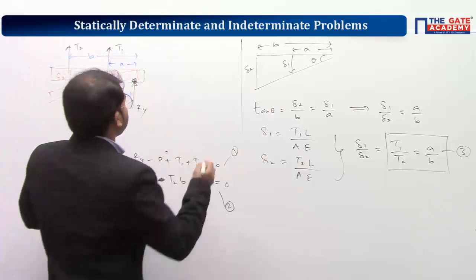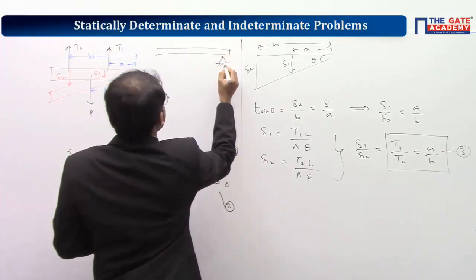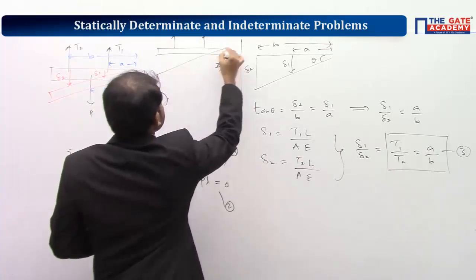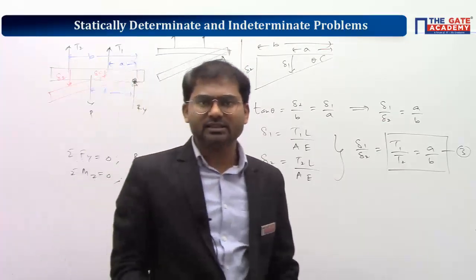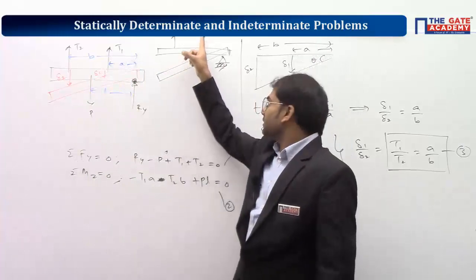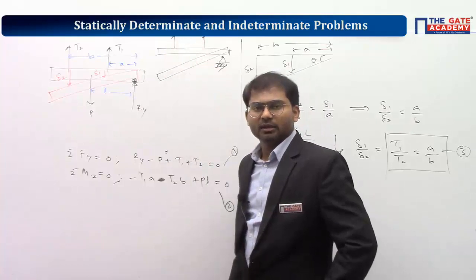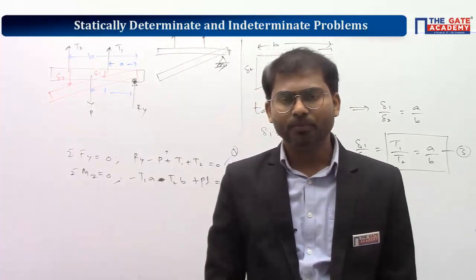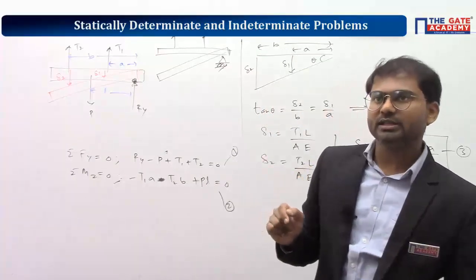So because the setup is like this, the bar is kept like this, and here there is a hinge like this one, and two strings are there. Whatever happens, the member will undergo tilting like that only, because we say the bar is rigid and the strings are extensible. So this is the only way in which it can tilt. That gives rise to different values of elongations, delta 1 and delta 2. Okay, so we will be getting T1 and T2 in this way.